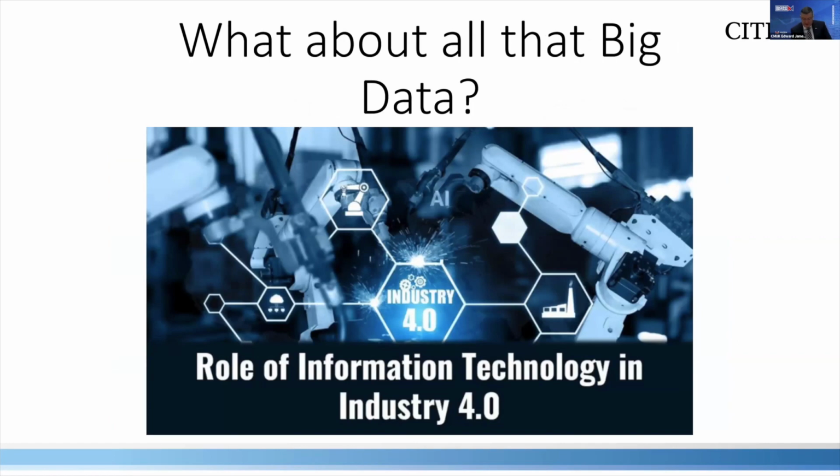So what about all that big data? By constantly learning from the equipment, by gaining an in-depth knowledge of process control to implement integrity, predictability, and reliability, can give UK manufacturers a competitive edge on the global playing field. Of course, we use this data and knowledge gained further to run our own businesses too, not just to make things. In our business, we take this big data to the next level by forming trends to help us understand our equipment, its reliability and its weaknesses, to help improve not just our